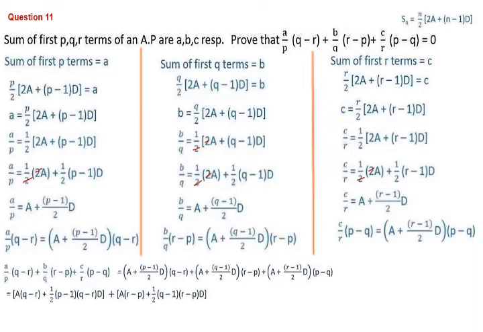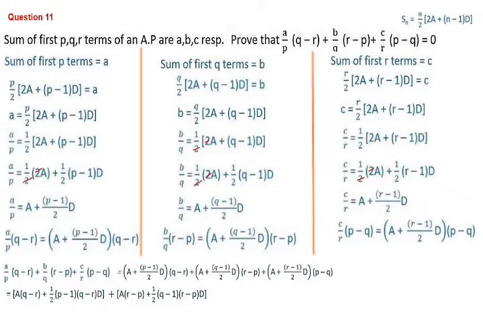Then a little bit of calculation, that is equal to, then multiply it: A into Q minus R plus 1 by 2 into P minus 1 into Q minus R into D. Arrangement is very important, you have to arrange it in a proper manner, or else totally we will be confused at the end. What we have to do is A into this bracket Q minus R, and the second bracket when you multiply, 1 by 2 is a constant, keep outside 1 by 2, then P minus 1 into Q minus R, next two brackets we put, then D last term, plus here when you take A into R minus P,